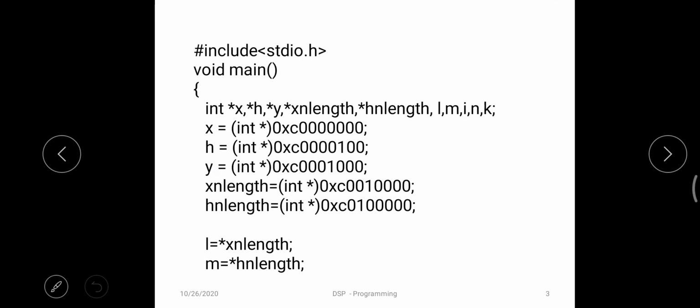After assigning the inputs to the corresponding address locations, let me go for the next one. So y is equal to, I am assigning some memory address, that I will explain in the last. Then I am going to assign the length of the x and the length of the h. For the length of the x, I use the memory 0xC00010000, which means approximately 10,000.